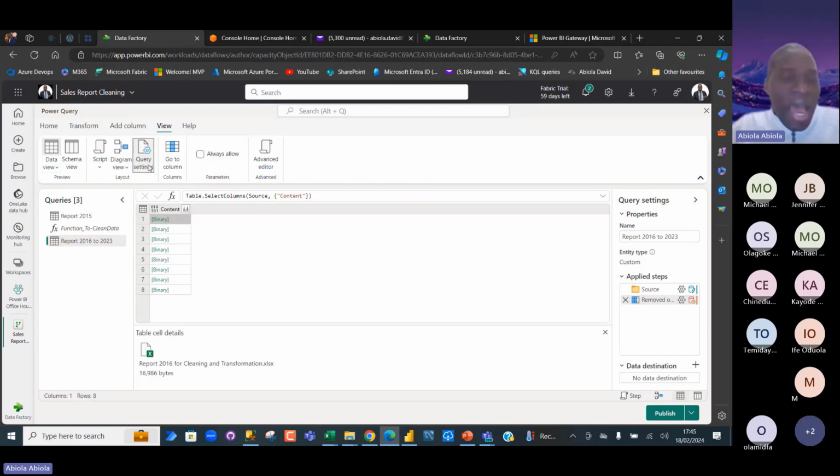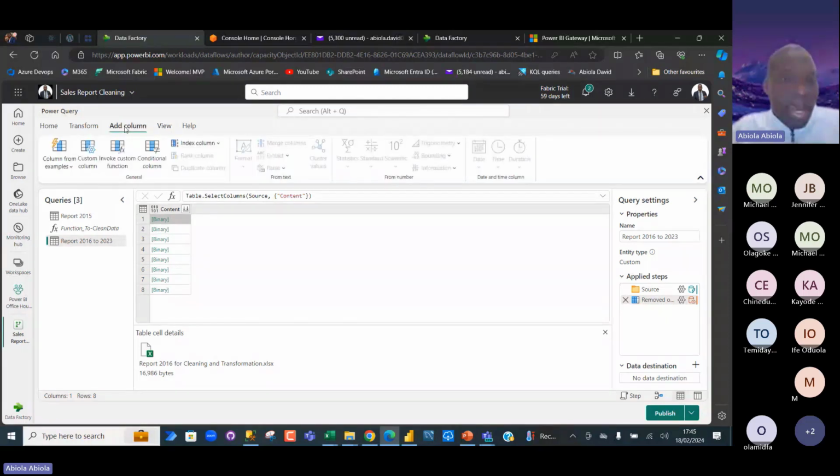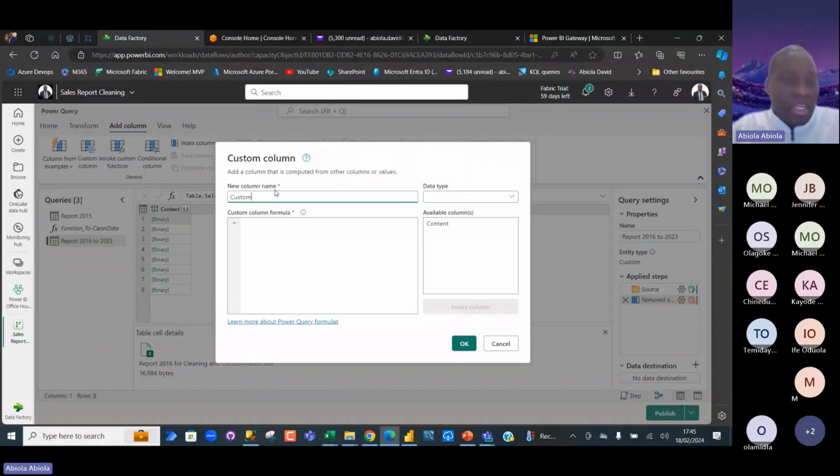So what I'm going to do next is come to the Add Column tab, and then create a custom column. Now, in the custom column, I don't really need to give a name for this. I can always call it get data from folder. So click on that. And then I want to come to the custom column formula. Since all the data are coming from Excel, I'm going to use the Excel.Workbook function. This has to be capitalized, the first letter, Workbook, and then open the brackets. I'm going to pass the content, the binary, double click, and I'm going to move this aside and then click on OK.